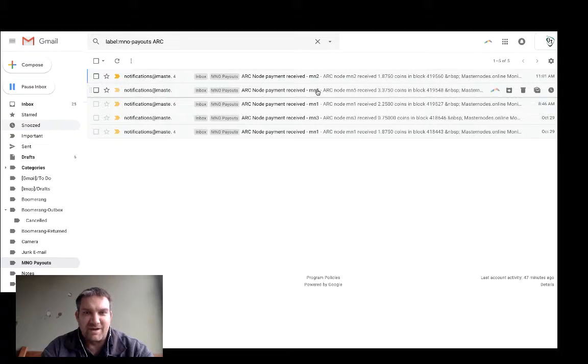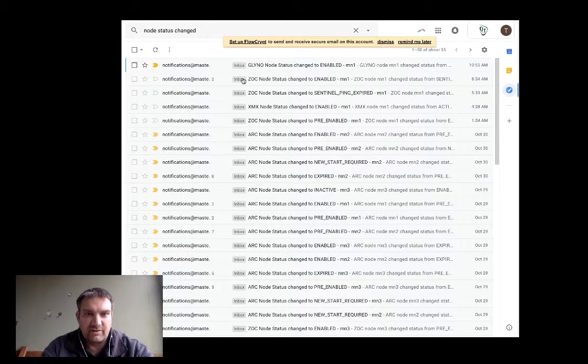Don't be deceived by MN5. I do not have 5 of them, sadly. I just had lots of issues. So 3 and 4 have gone to their final resting place. So that's going to work well for me. It's going to keep the inbox free of those messages while still leaving them in a place where I can go look at them. On the flip side, and this is actually a filter that's already set up,